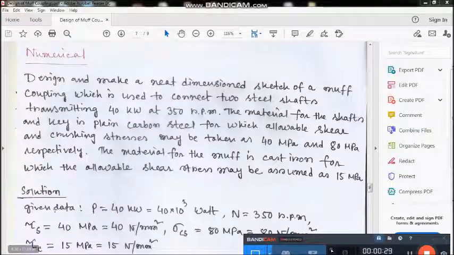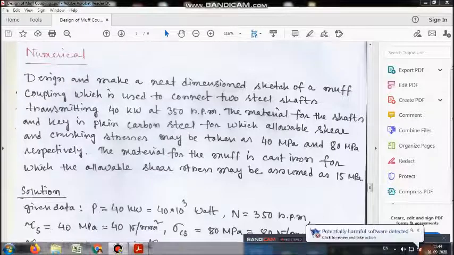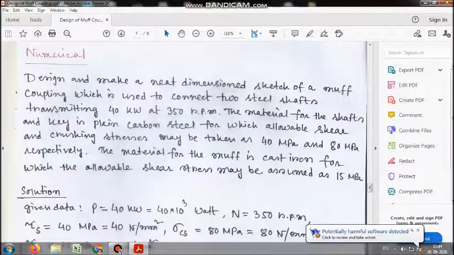we can write the solution. Given data: P is equal to 40 kilowatt. 40 kilowatt means 40 into 10 to the power 3 watt. We have converted into watt, and N is the RPM, 350. It is given, and this one is the shear stress. Allowable shear stress and crushing stress are given as 40 MPa and 80 MPa. So 40 MPa is shear stress and